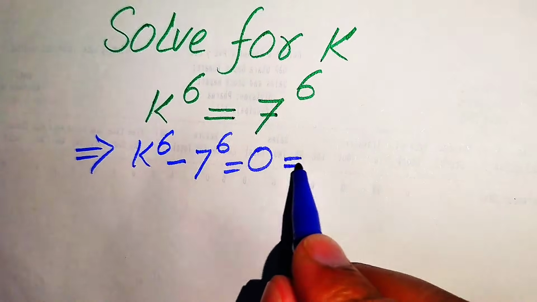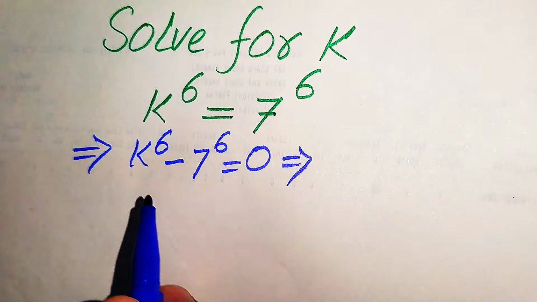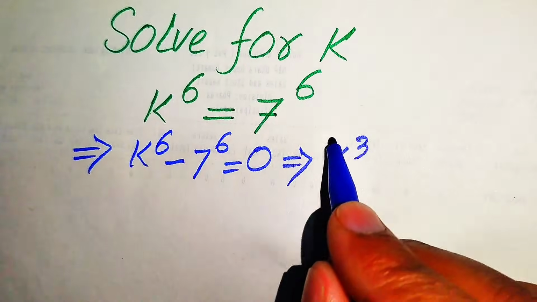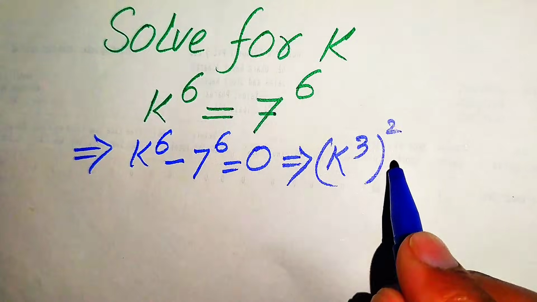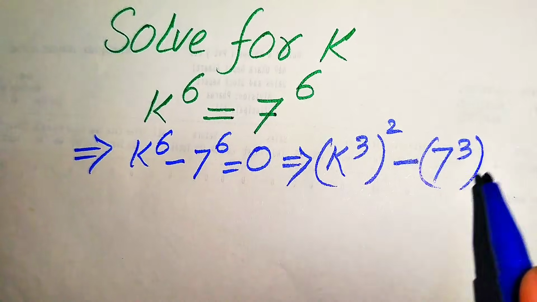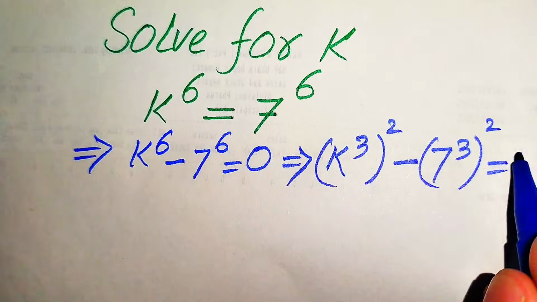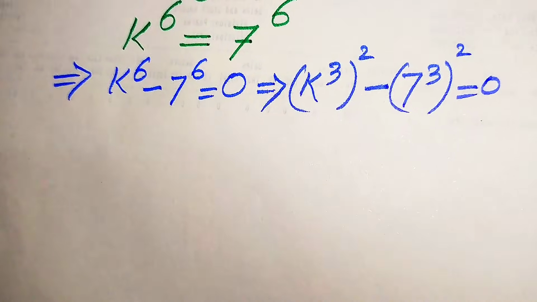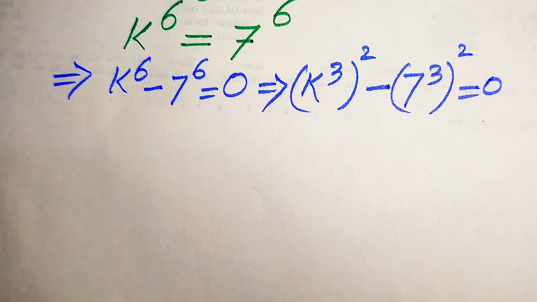This implies that we rewrite this equation: we write k to the power of 6 as k cubed and its whole square, minus we write 7 to the power of 6 as 7 cubed and its whole square, and this whole equation is equal to 0. And now in the next step we need more simplification, so we need to